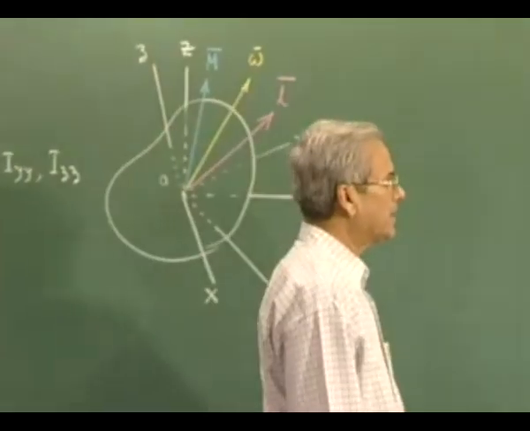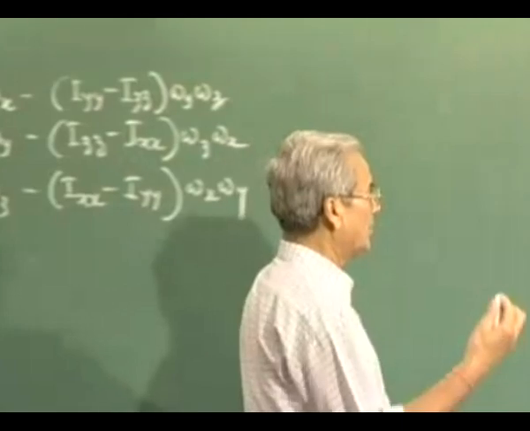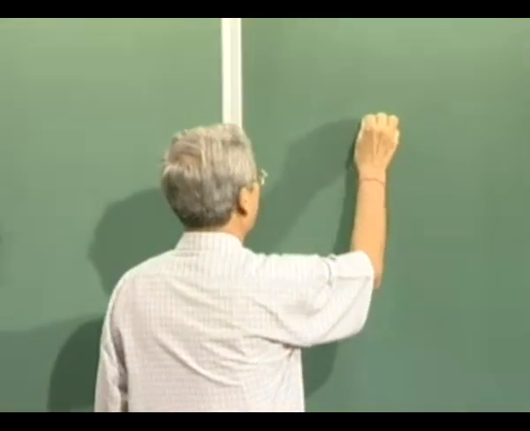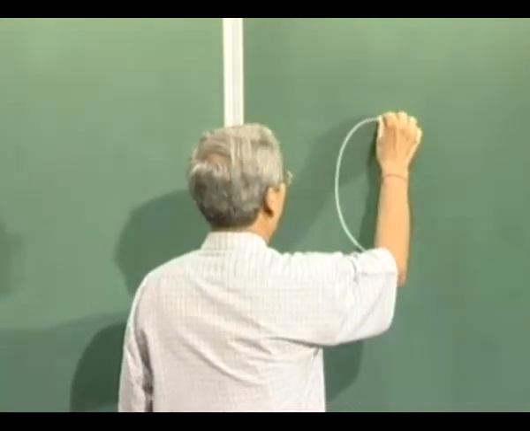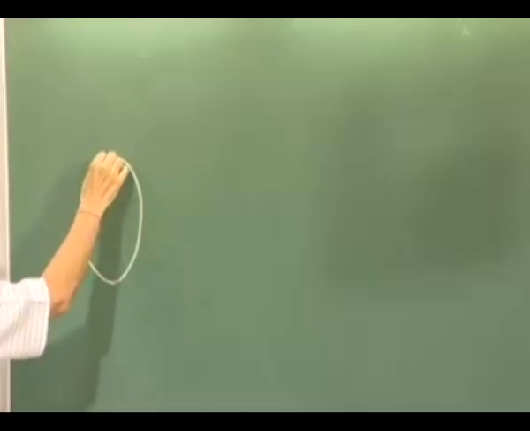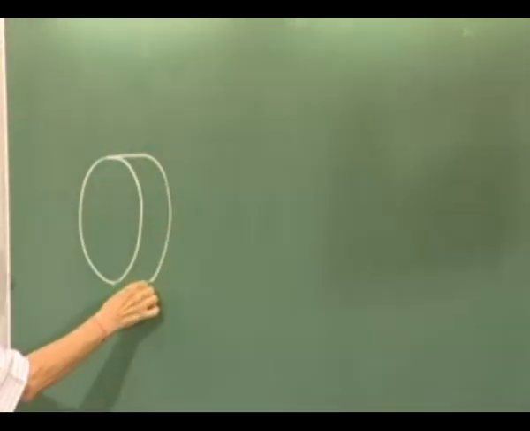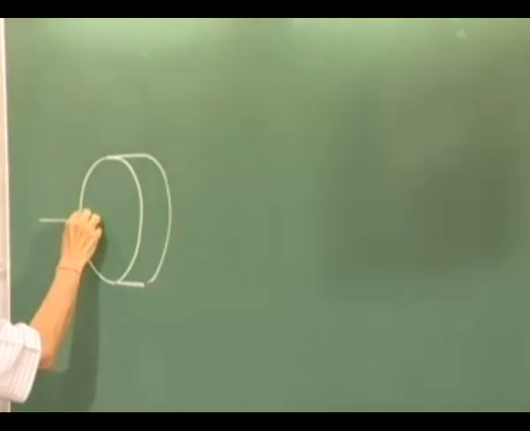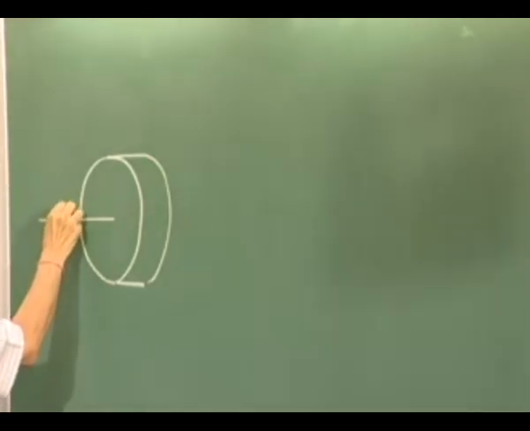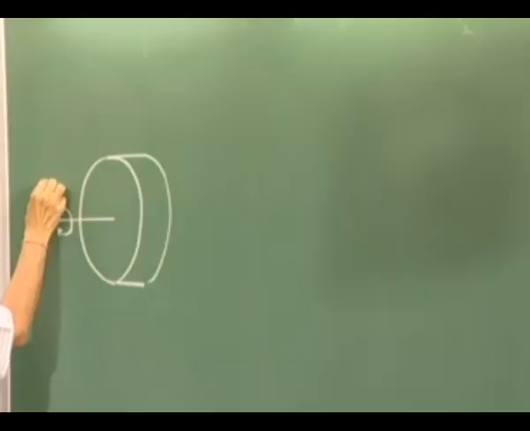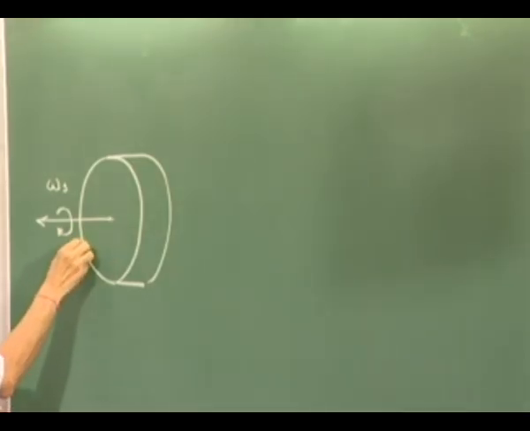If we now apply this to a simple problem which we encounter in engineering quite often, where a disk is rotating with an angular velocity omega s about its central axis, which has a mass m and radius r,